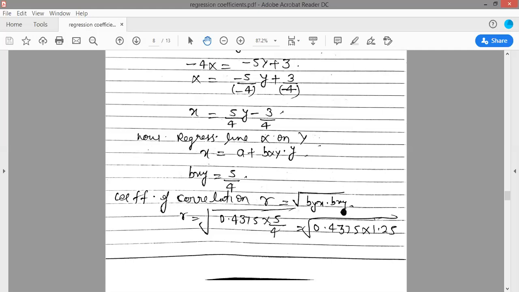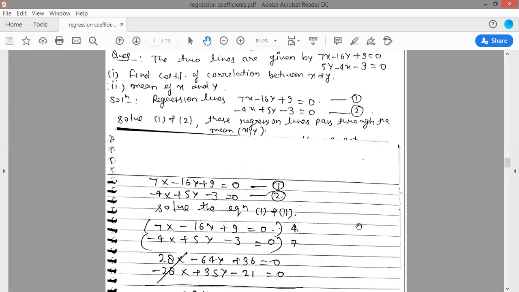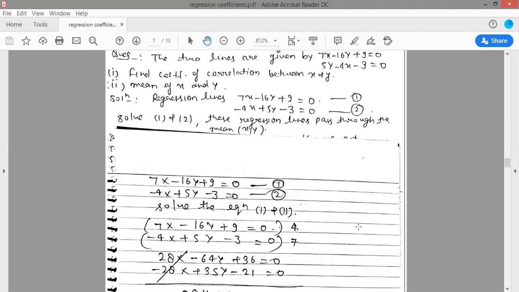I have discussed this formula in our previous videos. So just check your previous videos, and you will find this formula there. Am I right? Now r is equal to square root of this one. So just take the square root and you will get your coefficient of correlation. This type of question has already been asked in previous years, so check previous year question papers and solve all these questions.